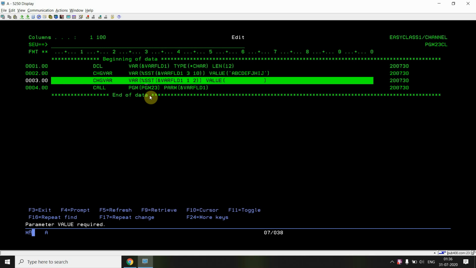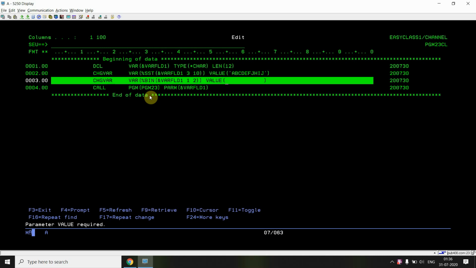Okay, now how can I pass that? I have to convert that into binary, because that will hold the binary value, or you can say the small int value here. So I'll be converting that with %BIN, giving the field name, the starting position and length. So it will be holding the length on the first two positions, the length of the data in two bytes. Okay, now I'll be passing the length.